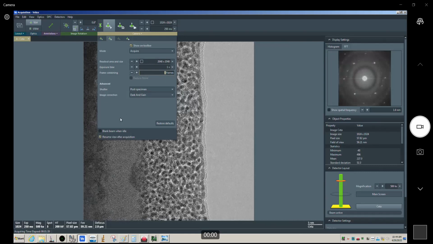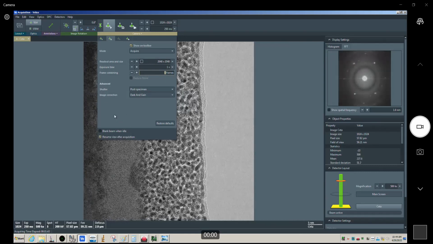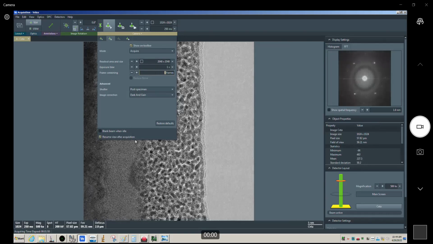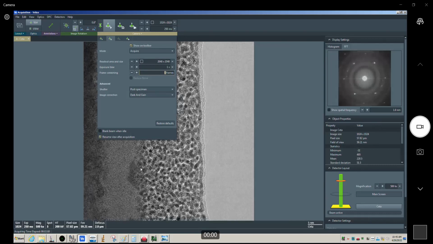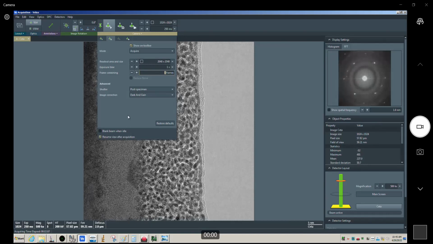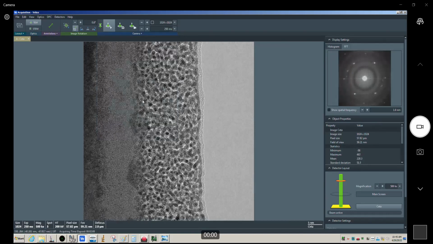The reason why you would do that would be to limit the exposure of the camera. When you're doing diffraction work, this is where this really shines. I'm not going to go over that in this workshop, but that's where it would really shine. It's not so much useful for regular imaging because we're really not worried about overexposing the camera, but it would reduce the total exposure on the camera, so it's safer for the camera. But if we acquire this image now,